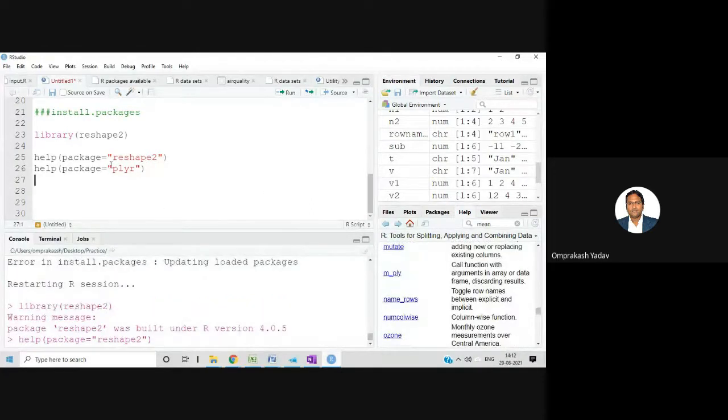With the help of this package, and in the help, if you put it, you can see the description of that one. Second thing is, you can directly come over here and search in the help. Third option, you can directly search on Google and it will give you all the information available related to that particular package. Okay.